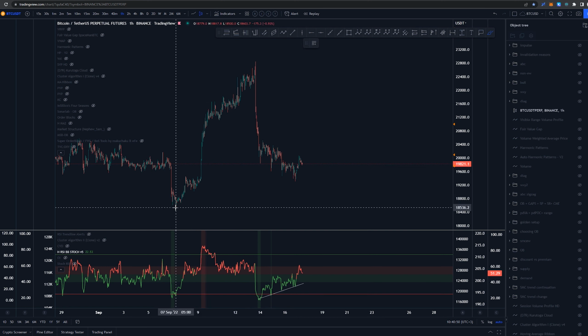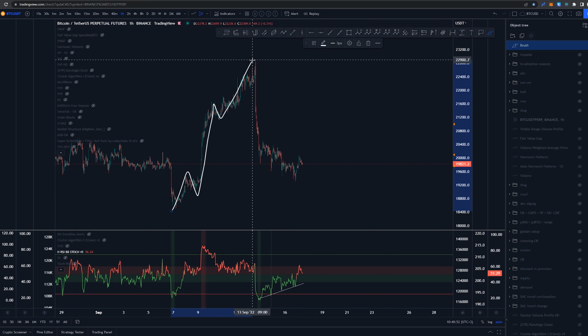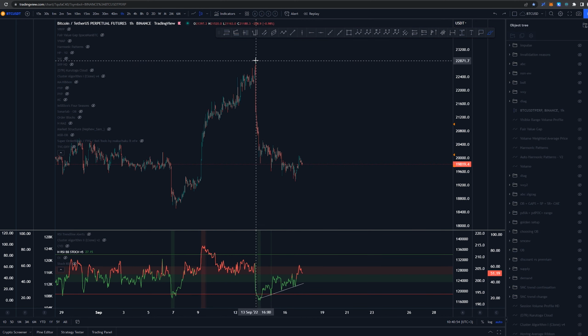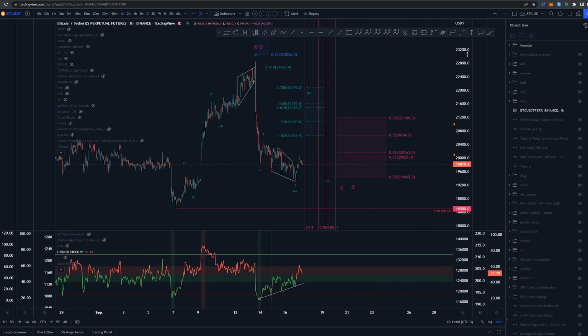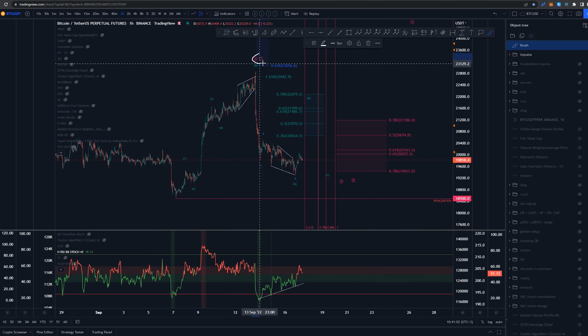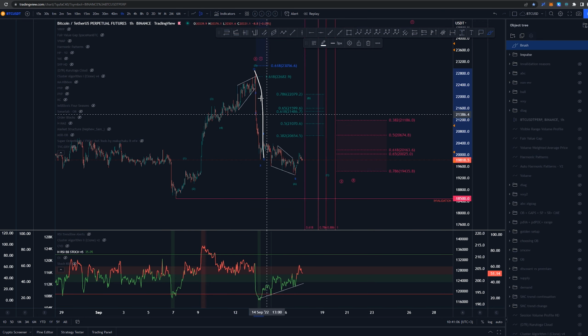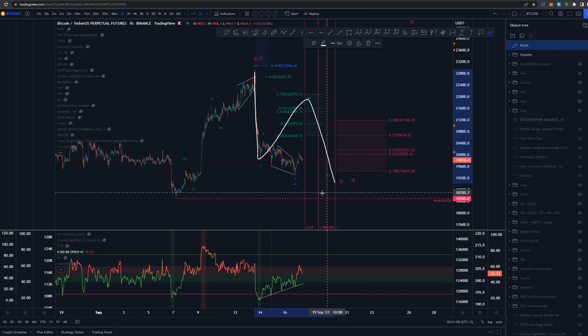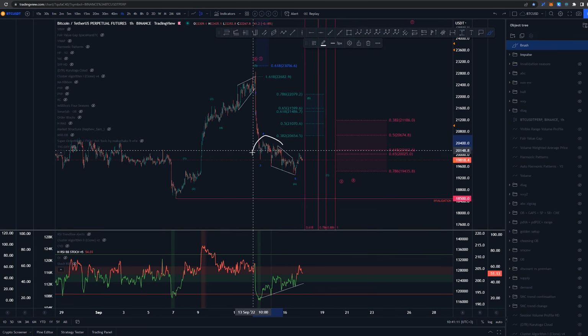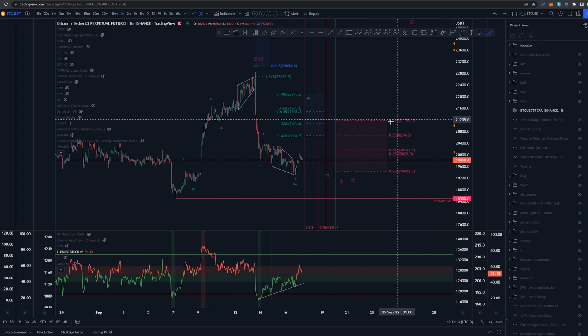We're talking about this being a possible 5-wave move here and then looking for some kind of pullback from these highs of 22.9k. For this one we had a count like this, in which again this 5-wave move was either a wave 1 or wave A, and then we were looking for this structure to be a wave A, B and C. However, we were creating this very sideways mess here, and